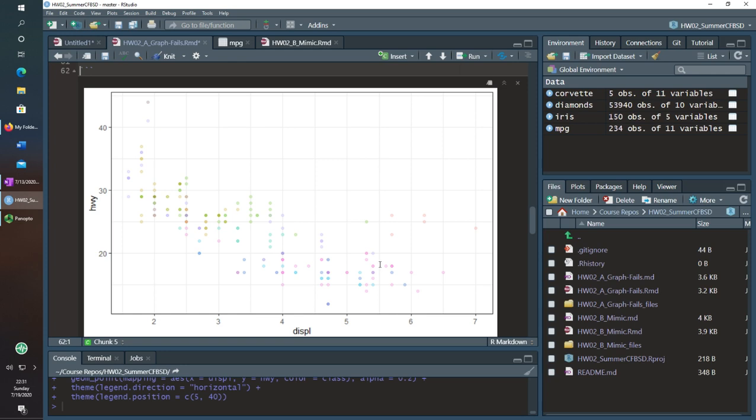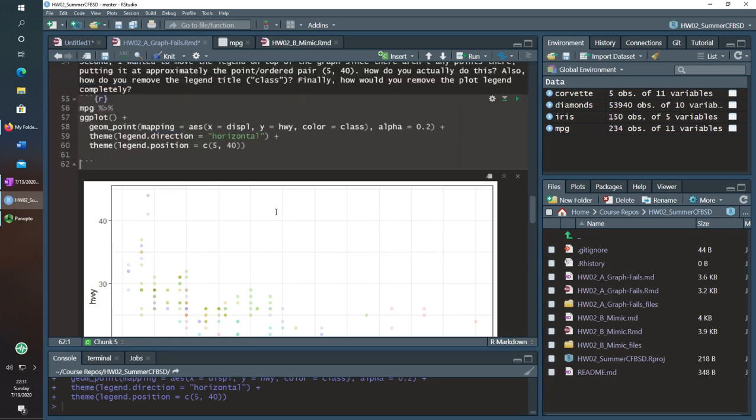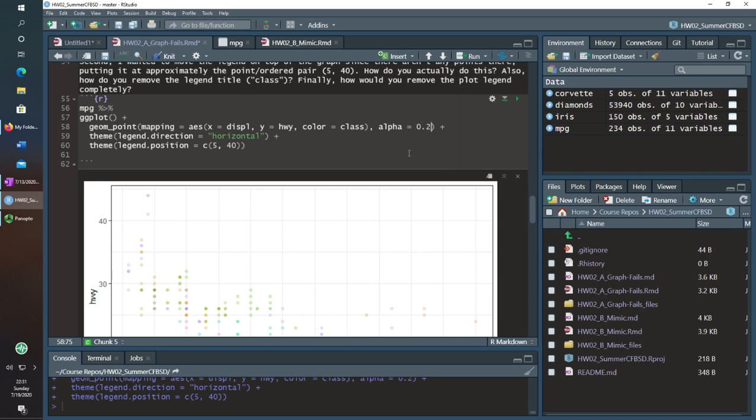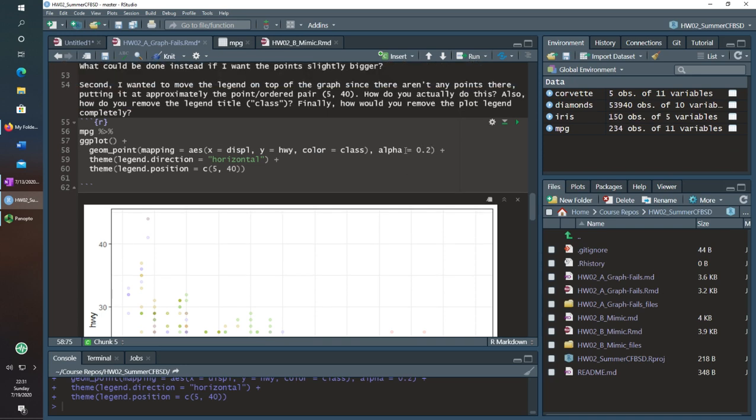It just makes the values fainter, but if there's values that are right on top of each other, they will pile on top of each other so you can see them darker. Usually it doesn't work very well with a class, a color aesthetic, but it works well if you're just plotting black points, where you can see the more data that's there, the bolder it gets.